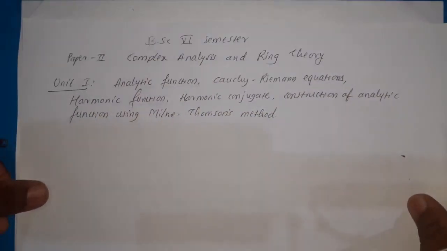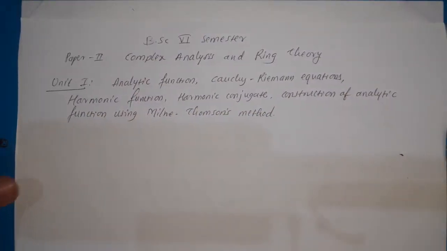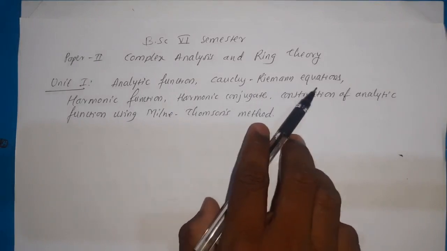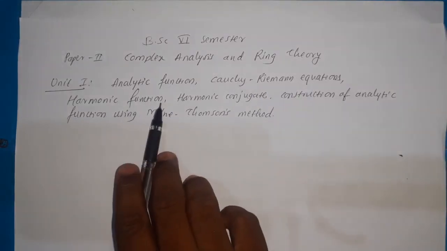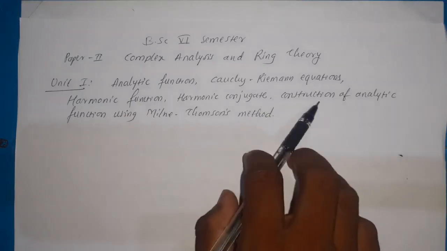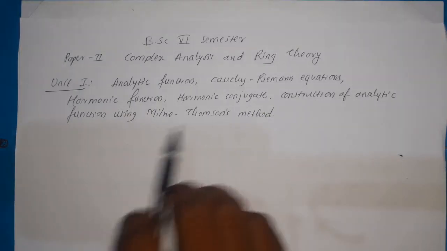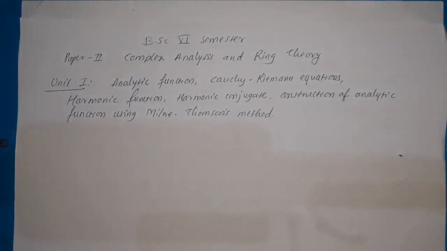So here is the syllabus of the first unit of paper 2. The title of the paper is Complex Analysis and Ring Theory. The content in the first unit is analytic function, Cauchy-Riemann equations, harmonic function, harmonic conjugate, construction of analytic function using Milne-Thomson's method. We are already familiar with complex numbers,